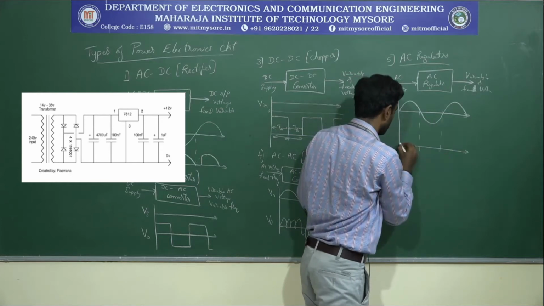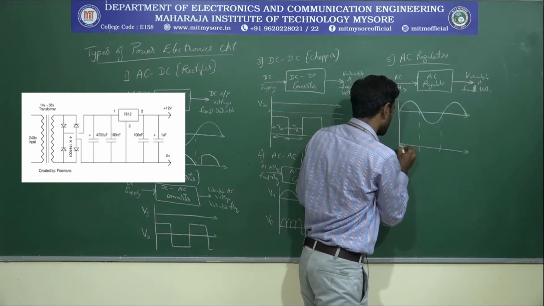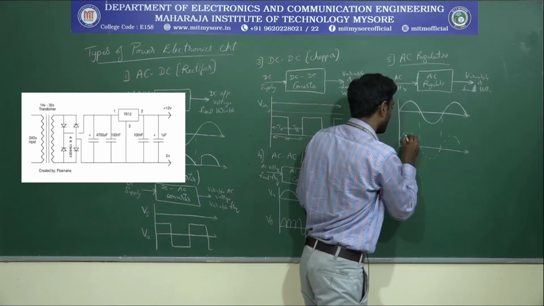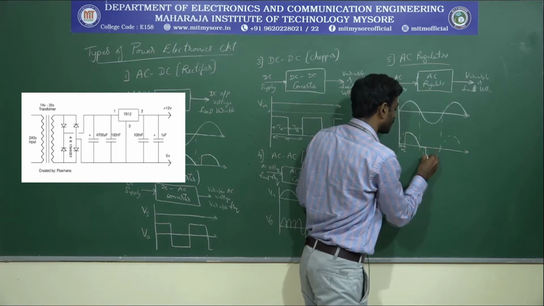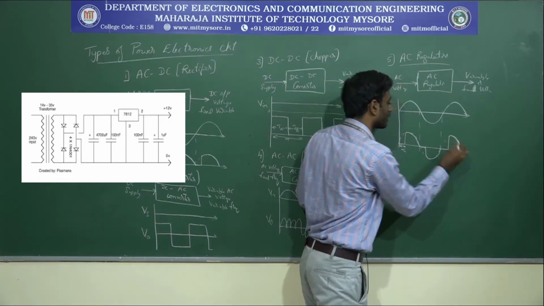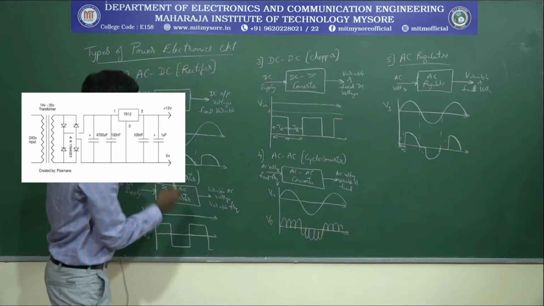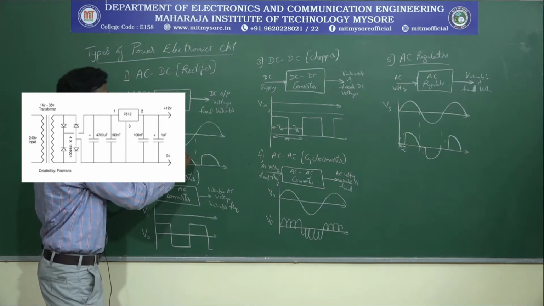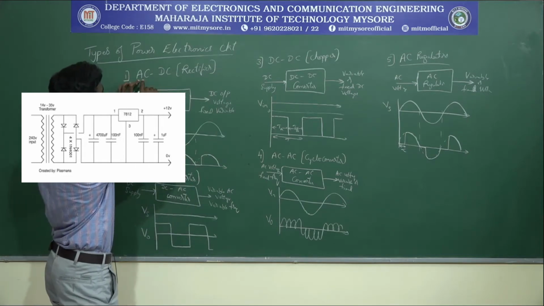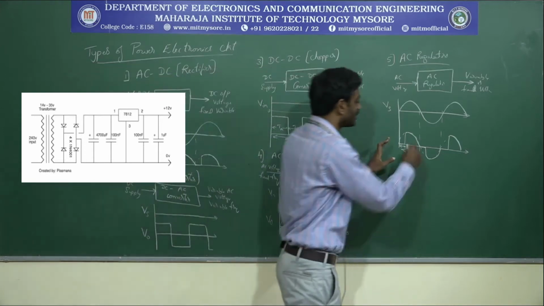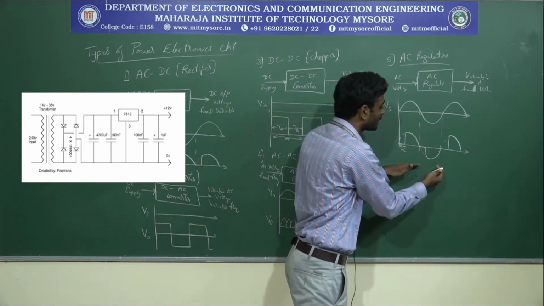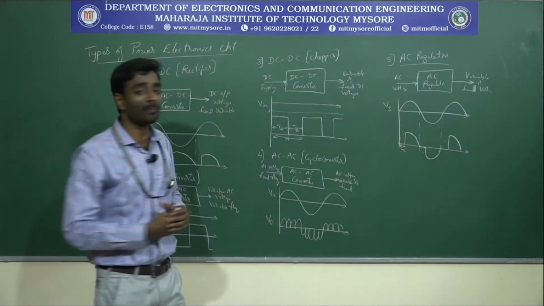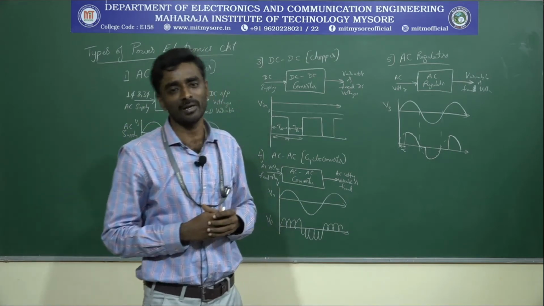When I consider the output voltage, I will be getting an AC output voltage only, but in this case it will take some triggering angle. Based on this triggering angle, your circuit will be retained. But if you consider the rectifier, whatever the values within the input value will be pulsated to positive value, because it is converting from AC to DC. But in the AC regulator, the positive will be retained at the positive and the negative will be retained at the negative value, and the cycle will be repeated.